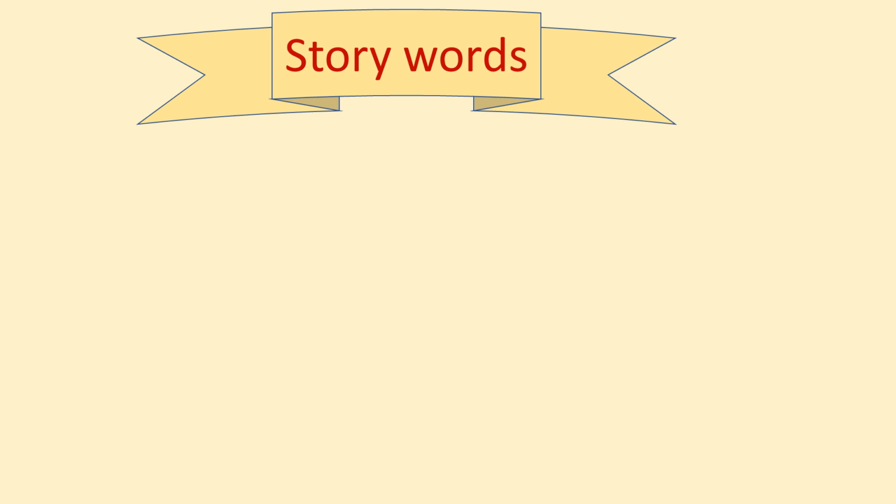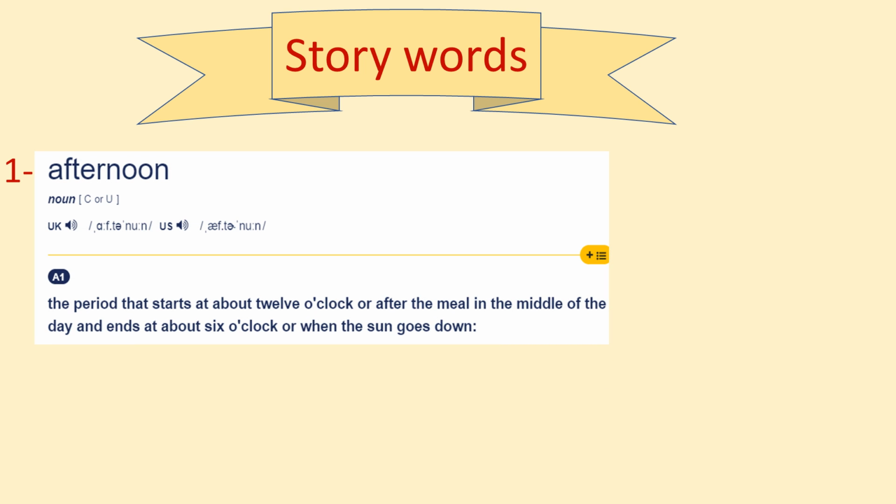Now, kids, let's start talking about the story words, the meaning of each word, the spelling of each word, and we will form a sentence also for each word. Please bring your classwork section, open your notebook in the classwork section and get your pencils to write sentences. Okay? The first word we will learn in your story is afternoon. Afternoon. Repeat after me, kids. Afternoon. Afternoon, we spell it as